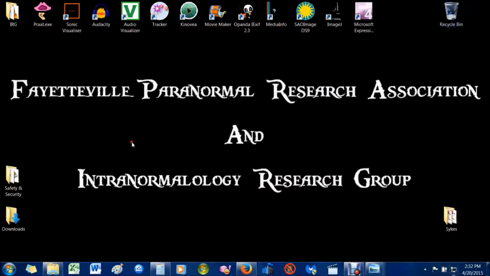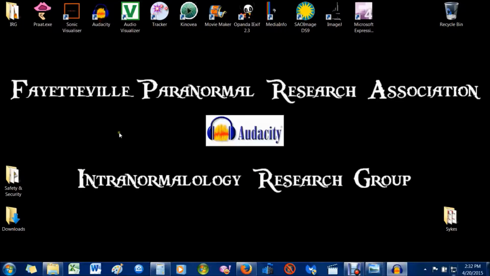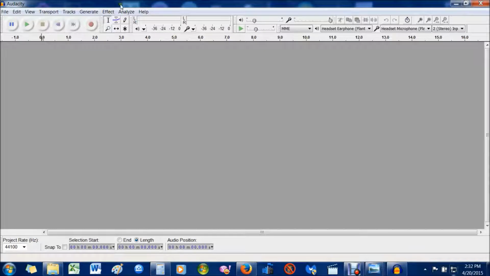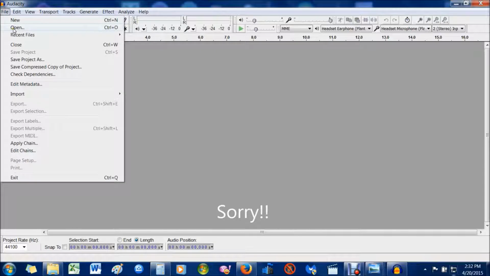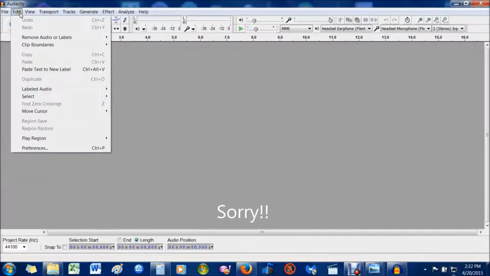There we go. So what I'm going to do is start with Audacity, because that seems to be the one that everybody knows. Now Audacity has certain file formats that come with it. I think WAV and MP4 are two of them, but if you have a file format that is not included, or it doesn't recognize it when you first open the file,